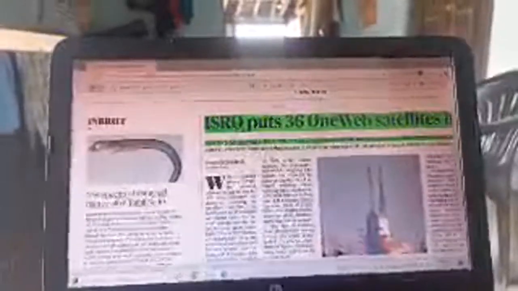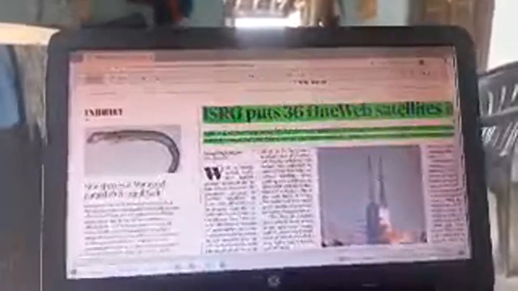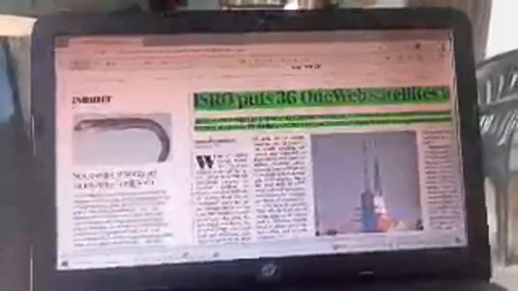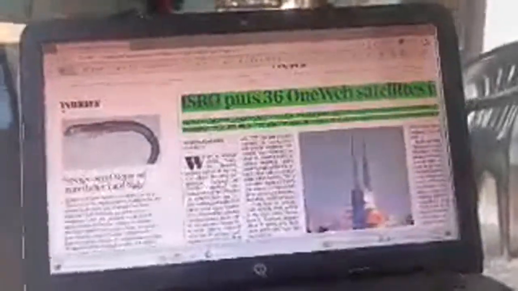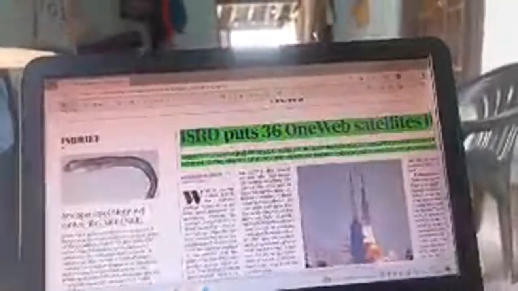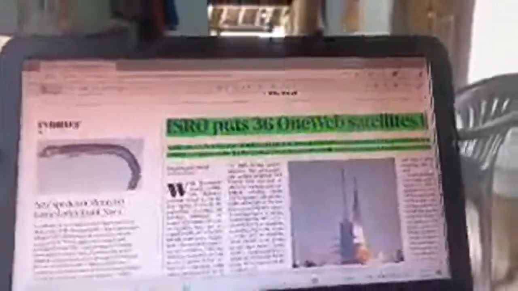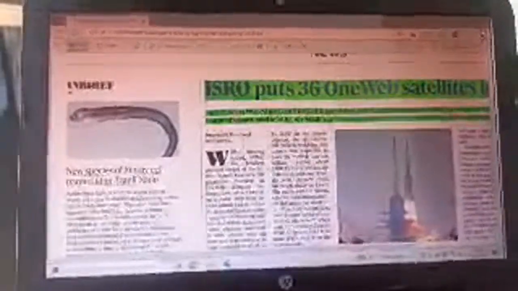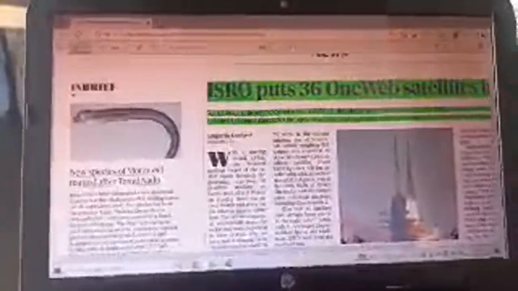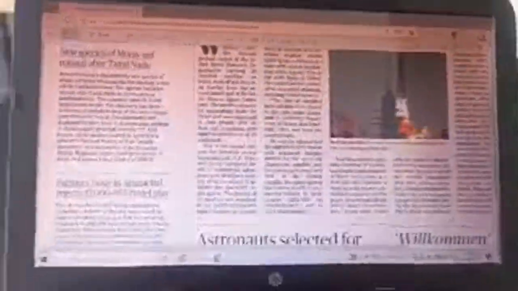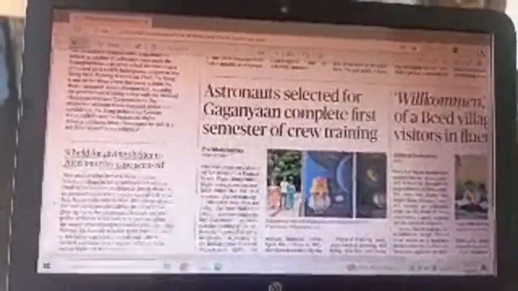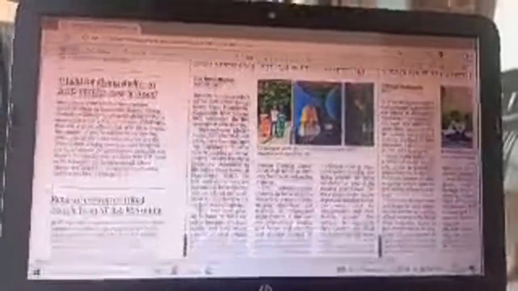This is very important news from ISRO, from a technological background, science and technology. Please do refer: the Gaganyaan mission, an upcoming mission, with the successful launch of OneWeb satellites. Please do refer to this news: with a roaring sound, LVM-3, the heaviest payload rocket of the Indian Space Research Organisation, carrying 36 OneWeb satellites. Please do refer, this is important. Also refer to this kind of news from a technological background.